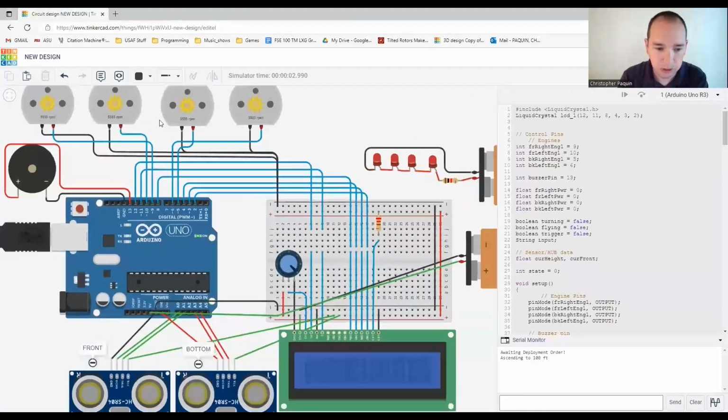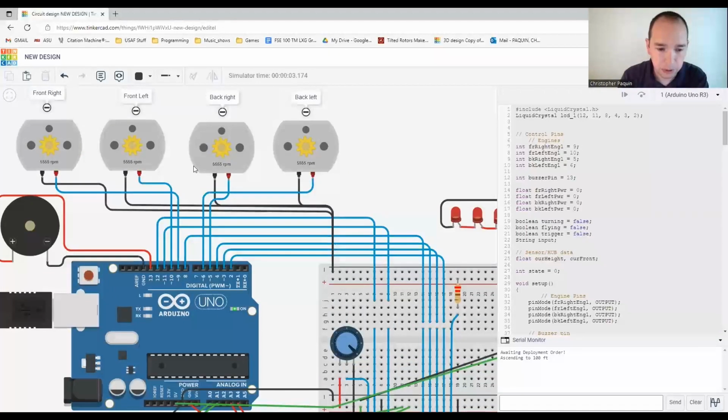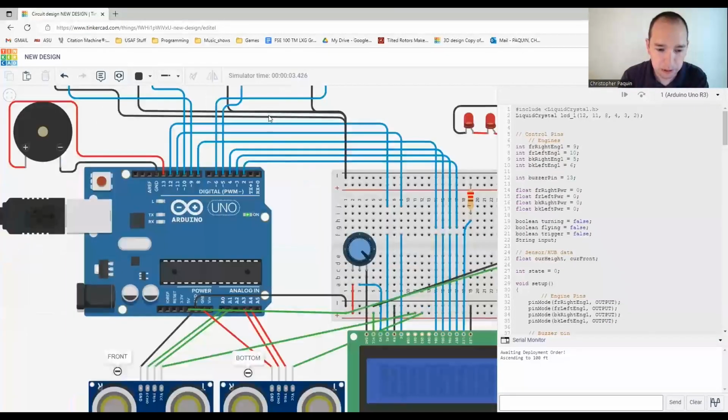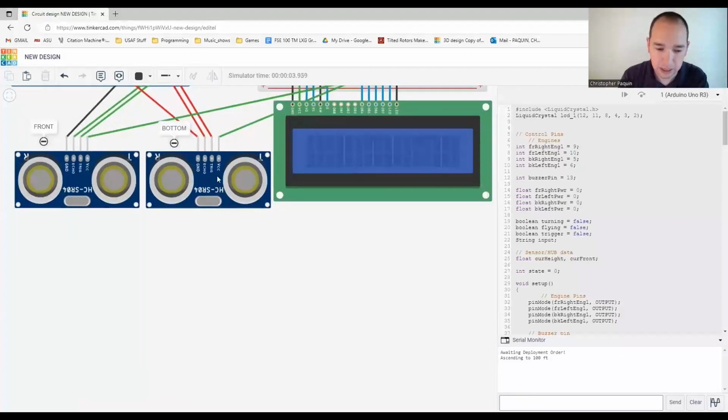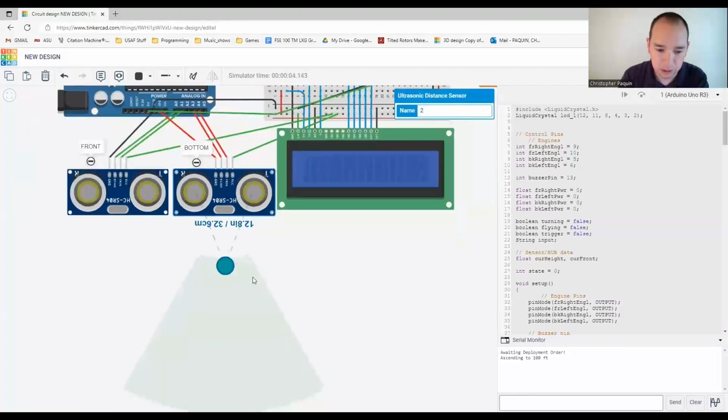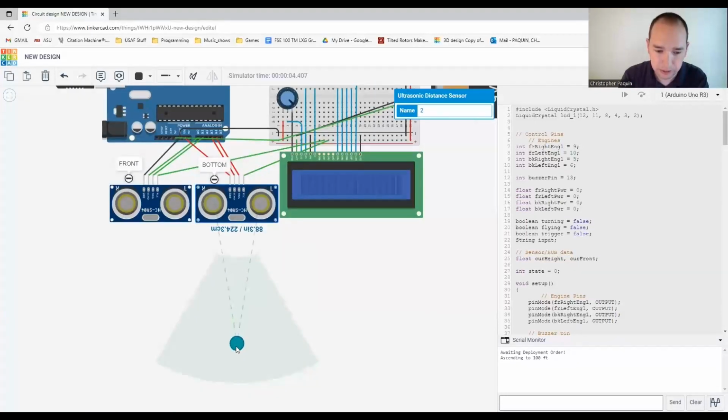Once we deploy, you see the DC motors all accelerate to 100% of power as they attempt to climb. Now we're waiting to detect an elevation of 100 feet, which we're going to simulate here. We're now at 100 feet and we're traveling towards the target destination. If there is anything in the way, the front distance sensor is going to identify it and it's going to turn around it and keep going forward. As you can see here,